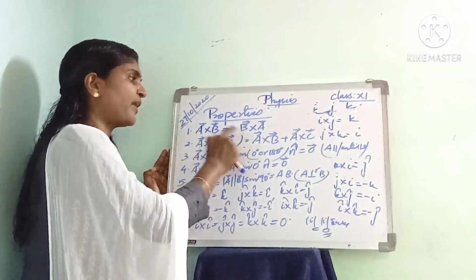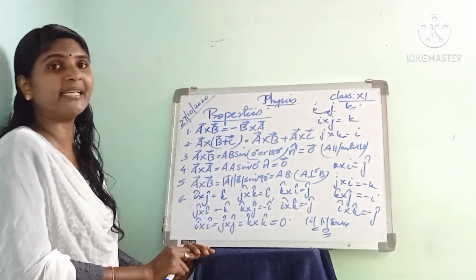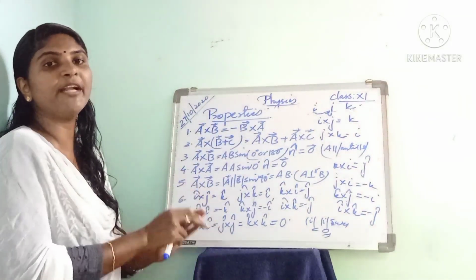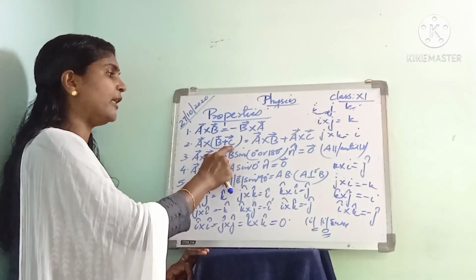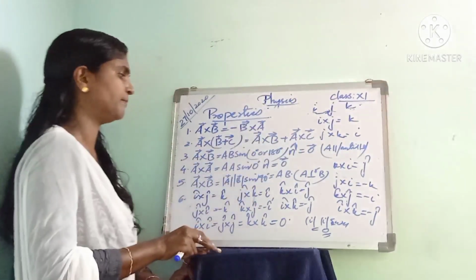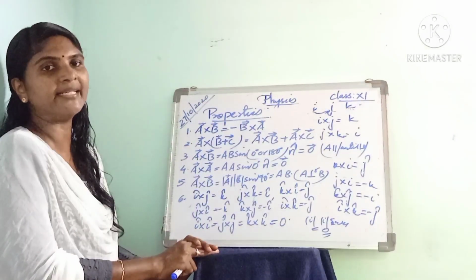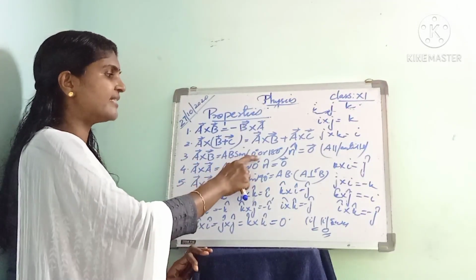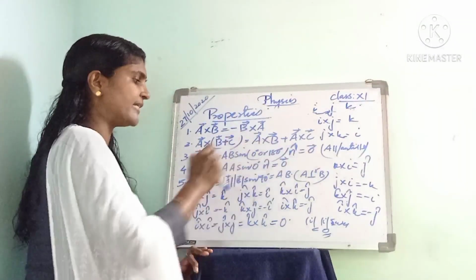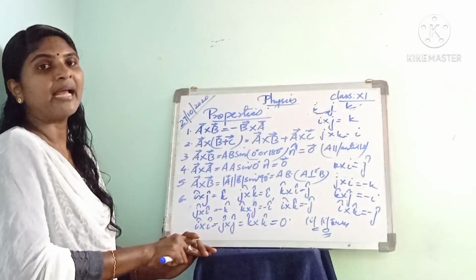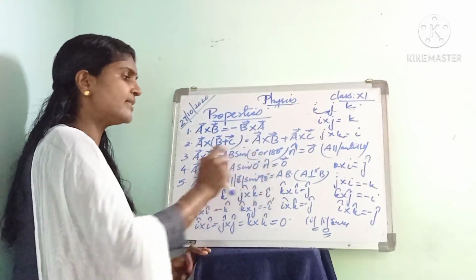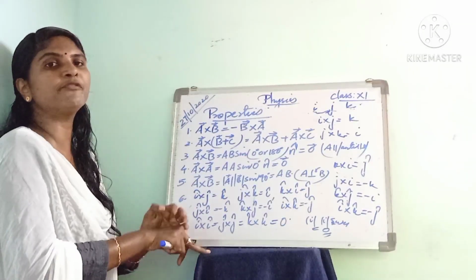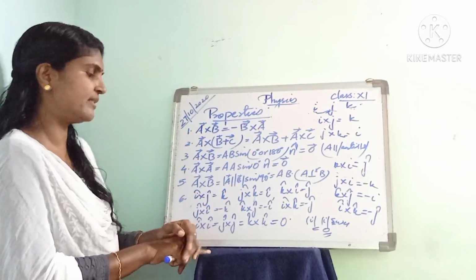First, the cross product of two vectors is anti-commutative. That is a cross b equal to minus b cross a. And it is distributive over addition. That is a cross (b plus c) equal to a cross b plus a cross c. Then if the two vectors are parallel or anti-parallel, the cross product is a zero vector. So a cross b equal to ab sine 0 or 180 degrees, that is equal to 0. Then the cross product of a vector with itself is again a zero vector. If the two vectors are perpendicular, then the magnitude of the cross product is the product of their magnitudes.